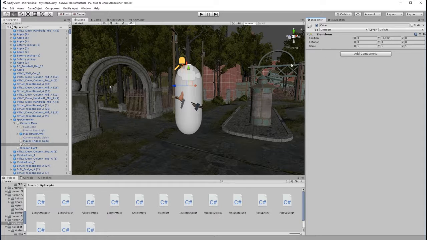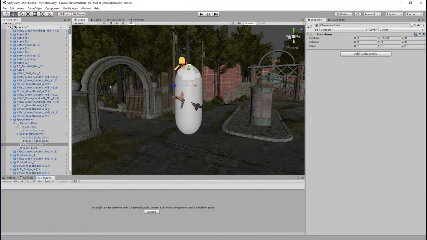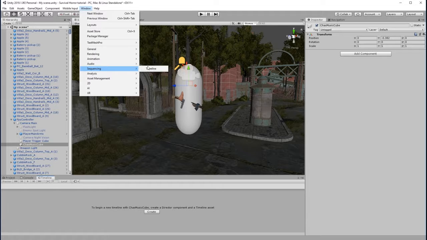Okay, and what I end up with is an empty game object, but now it's attached to the main player in his current position. I'm going to call this one Chase Music Cube. Okay, just like that, which is fine. Don't need to worry about tags or layers. And what we're going to do is put an animation on the timeline. If you're not seeing timeline, it's Window, Sequencing and Timeline, and just drag it down to the bottom. So with the Chase Music Cube